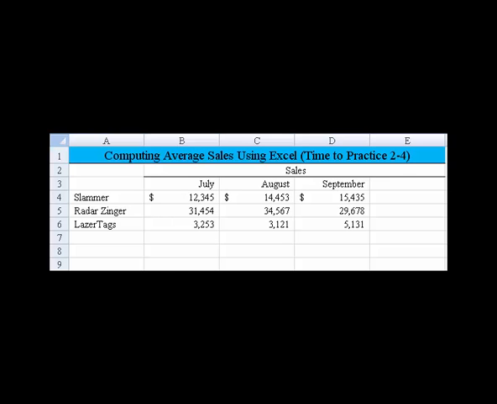Okay, let's take a quick look and see how you might use Excel to compute average sales. So we've got data for 3 products appearing on the rows you see right here, and we've got sales data for 3 months appearing in these columns. Now, if you wanted to compute the average sales across the products, we'll type in the word average here,